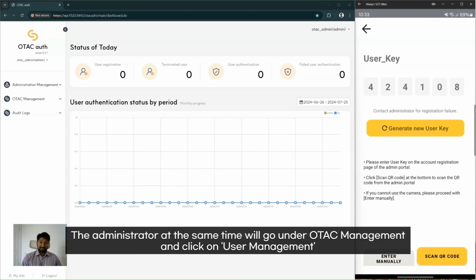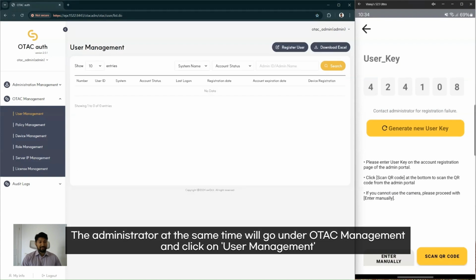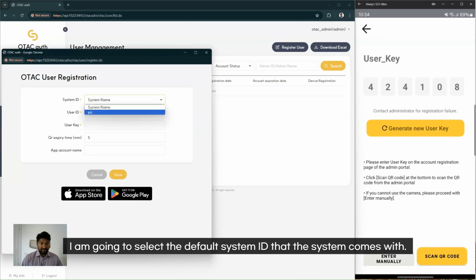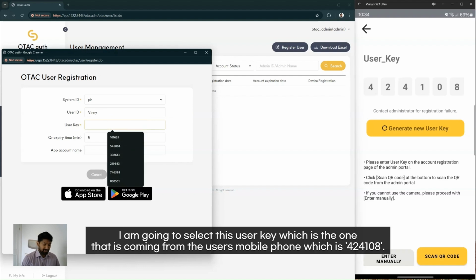The administrator at the same time will go under OTAC Management and click on User Management, and then select Register a New User. I'm going to select the default system ID that the system comes with. I'm going to select a username or a user ID, in this case, Vinny. I'm going to select this user key, which is the one that is coming from the user's mobile phone, which is